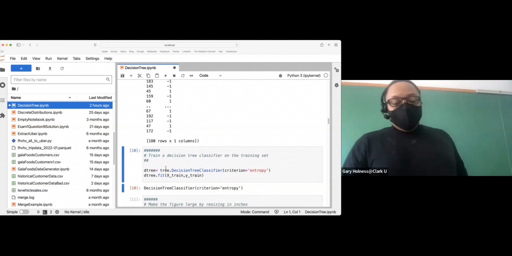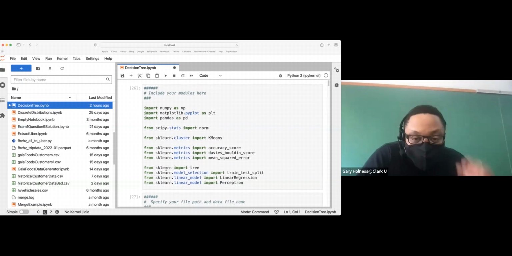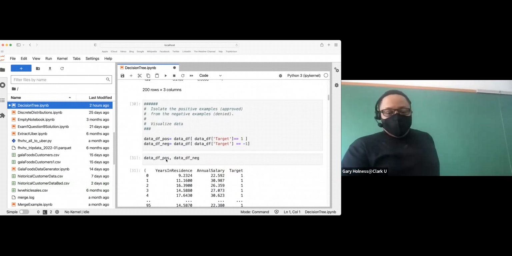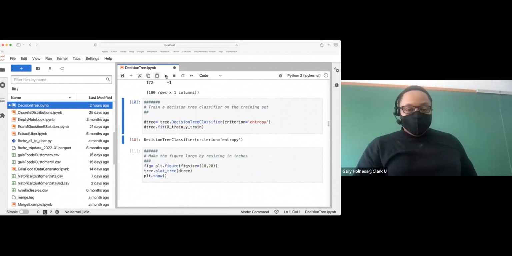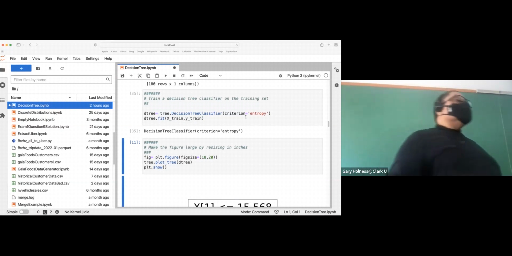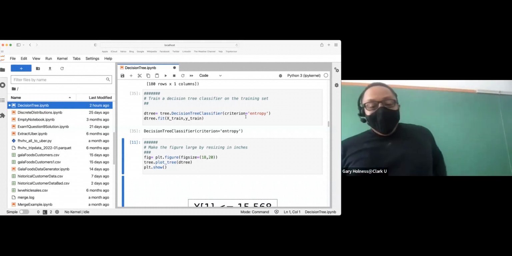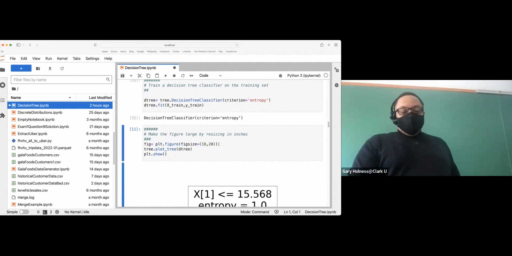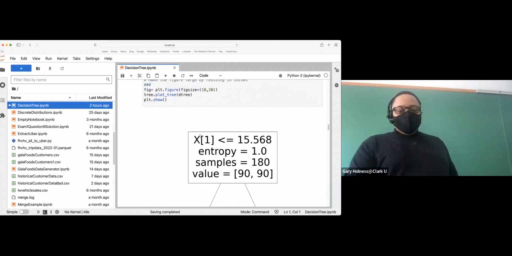Here I go into the tree API from scikit-learn, sklearn, the tree API. I fit that decision tree using that 90% set aside for the training data. The criterion that I'm using is entropy. On Friday, we'll learn gain ratio, which we won't talk about today. So I train my decision tree, fit it to the data, and plot out what that tree looks like.